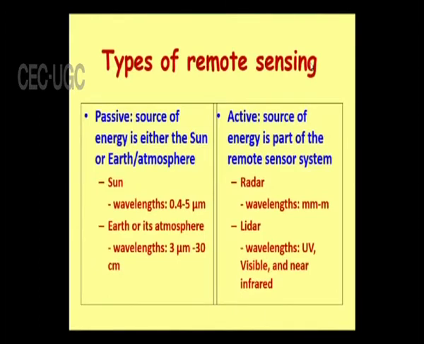Now, the type of remote sensing, already we had discussed: passive, the sunlight, and active, radar, lidar, etc. So, the active means they are emitting the electromagnetic wave and they receive. Passive, somewhere else the electromagnetic radiation is falling and it is simply imaging.